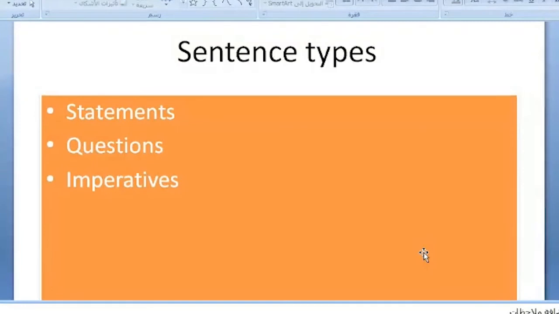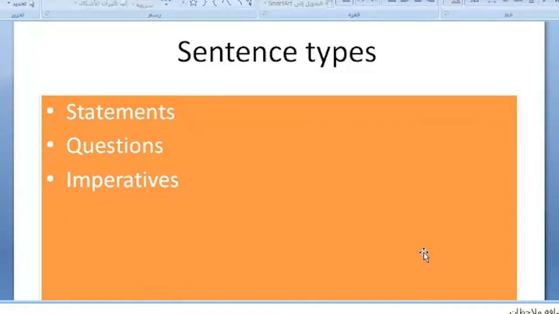And I would like you, please, to go through the structure of these three types of sentences in your book here. Or you can consult other books, no matter. You should know how to structure a question, plus knowing the structure of a statement, because they are different. The basic difference between a statement and a question in English is that in a statement, the subject precedes the verb. In a question, it is the opposite. I mean, the verb precedes the subject in questions.